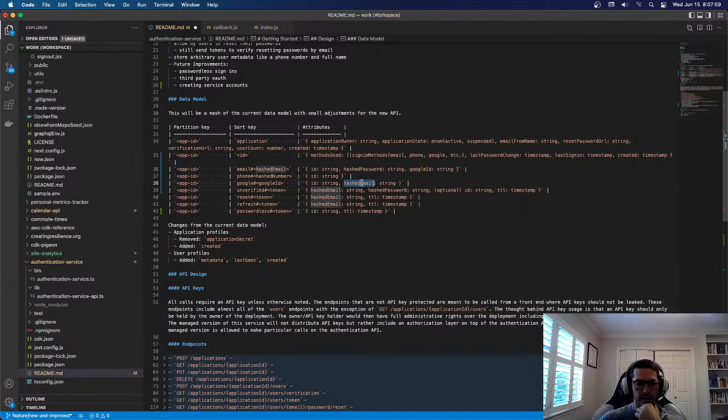So the Google ID would have a hashed email. If that hashed email existed before, whichever one is used, they should create each other. Whenever Google is used, it also gets the email. It would hash the email and store it in here with the ID the same as Google's. So if you log in first through Google,